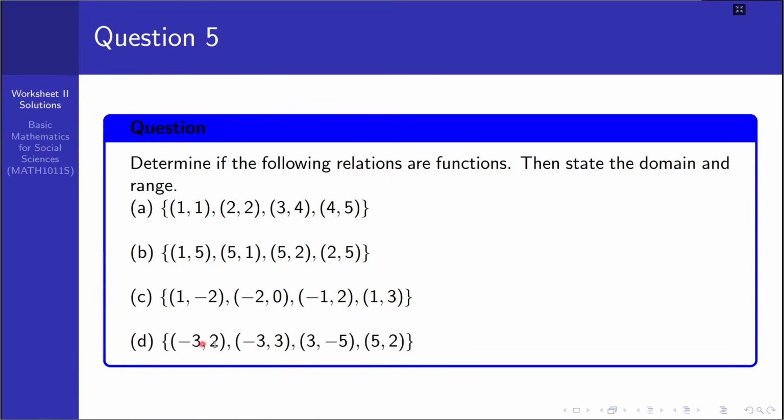And the last one, that is minus 3 2, minus 3 is 3, 3 minus 5, 5 2. This is also not a function, because the image of minus 3 here is 2 and it has also another image, simply 3, and 2 is different from that of 3, so that